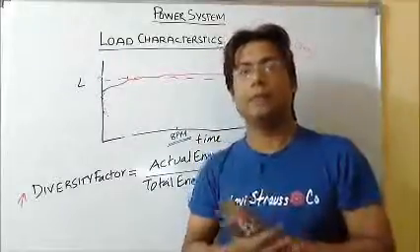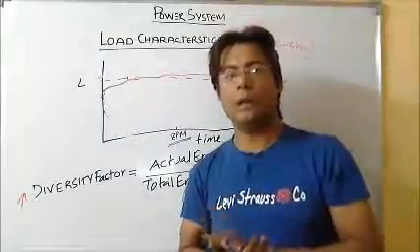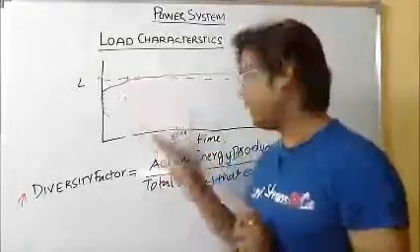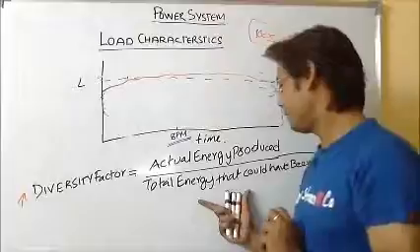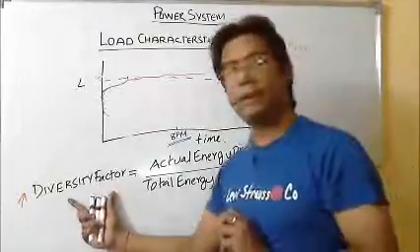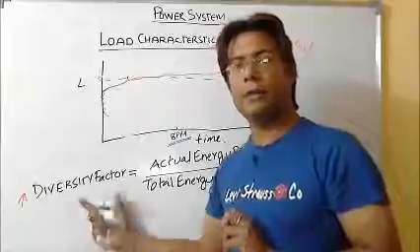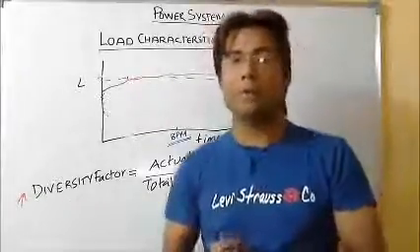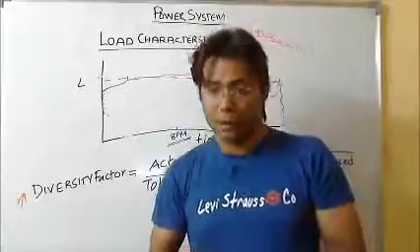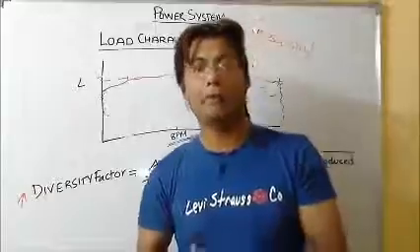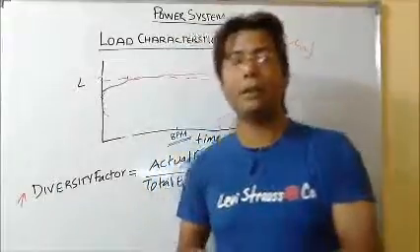So at that time, my diversity factor is high. The energy which is actually being produced and the total energy that could be produced are almost the same. So the diversity factor is high. I should have a diversity factor as high as possible. So the load factor should be high and the diversity factor should be high. And one more thing which is coming right now is called the Planck